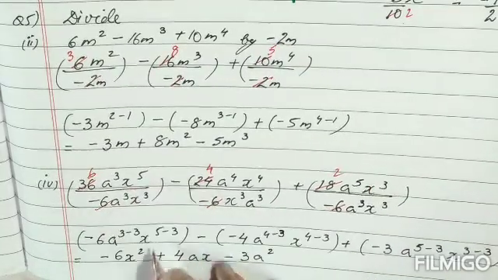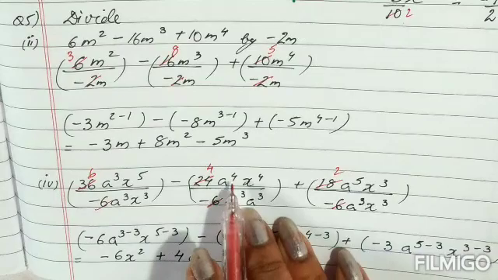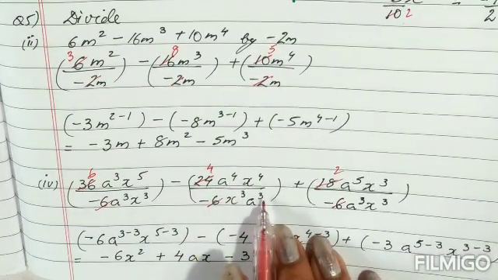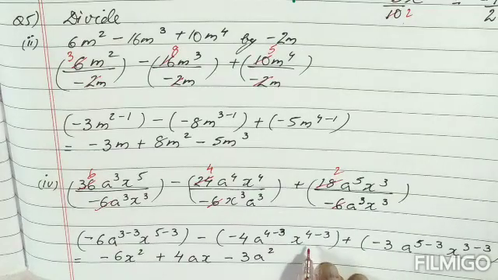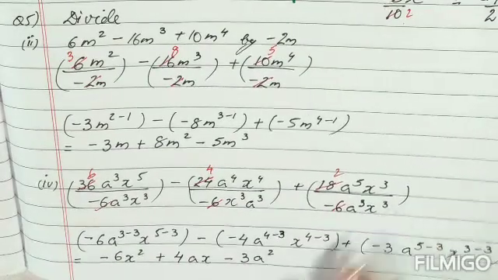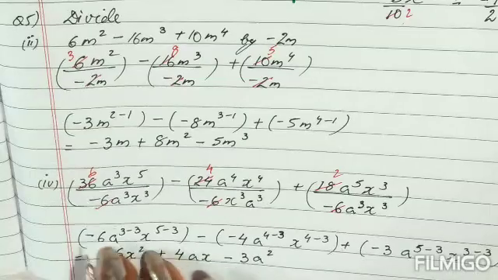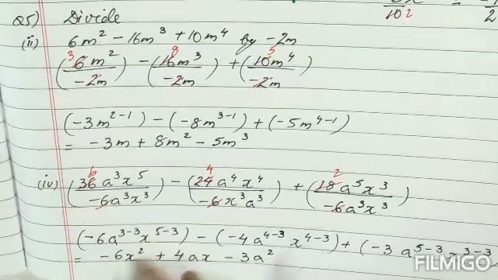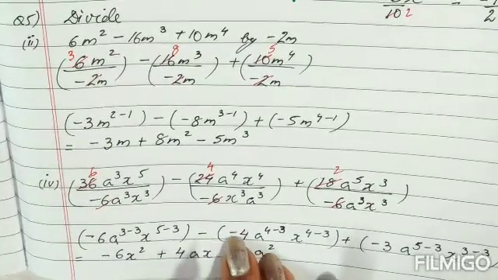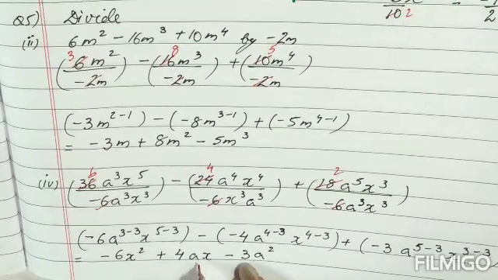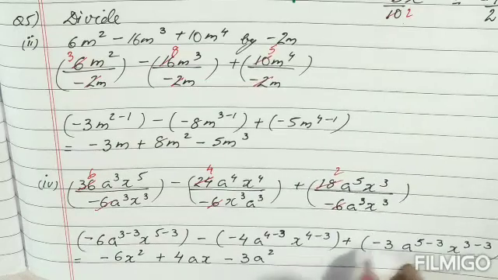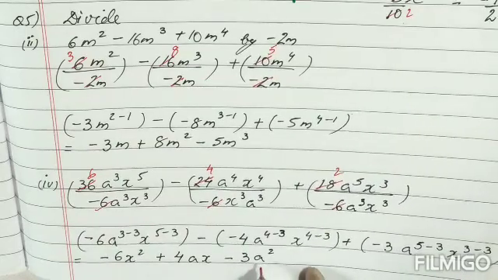Then x to the power 5 minus 3, over here a to the power 4 minus 3, x to the power 4 minus 3, right? So similarly you're going to arrange this and you're going to write. Now once we get to the final answer after doing the subtraction, children, and we are going to open the bracket, so once again minus into minus will become plus, so it is plus 4ax, and then plus into minus will become minus, so this is 3a square.